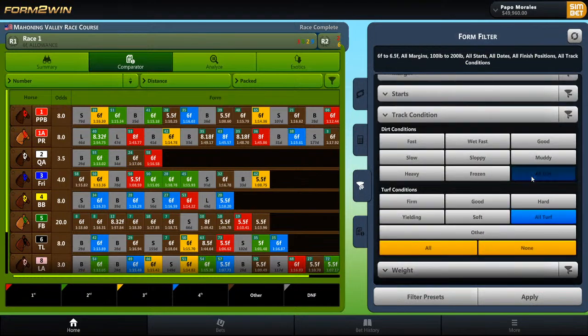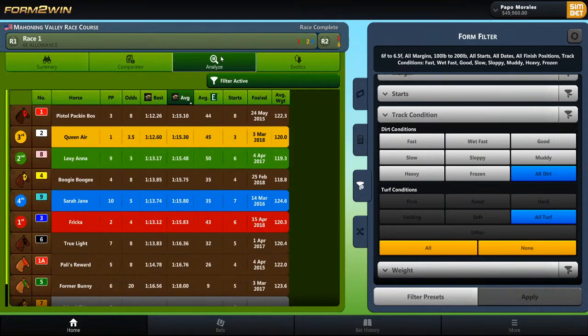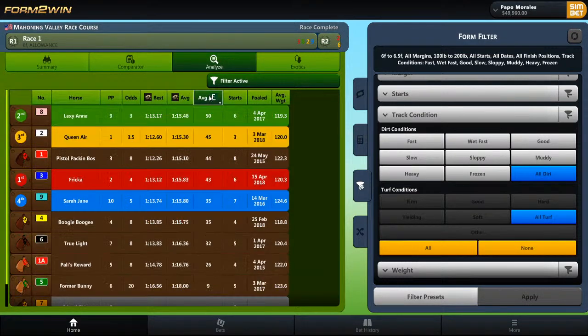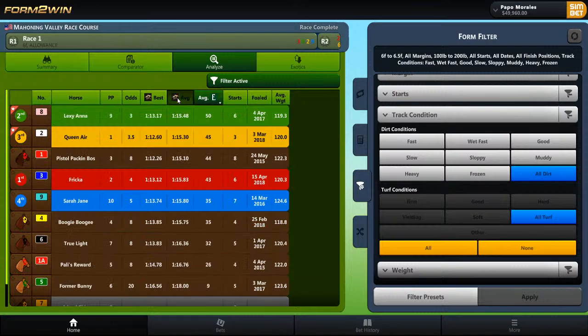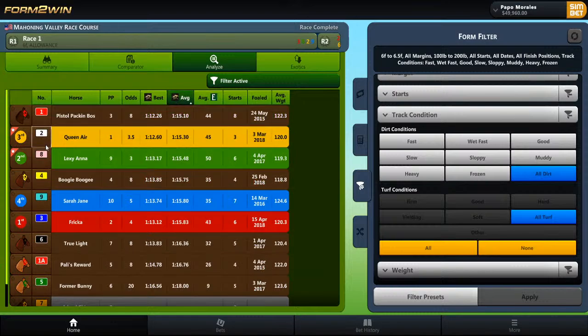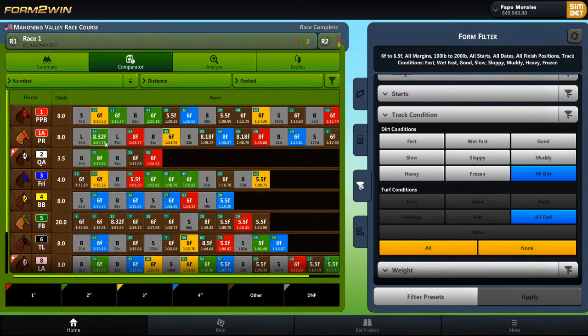Track condition, all dirt. I believe Mahoning Valley was fast yesterday. Average form to win time. Form to win like those two. Excuse me, average Equibase. It like those two. Average form to win. It like those two. It did not have the winner, the 3-horse here. So I want to see what the 3-horse did in his last race. He ran a 58,